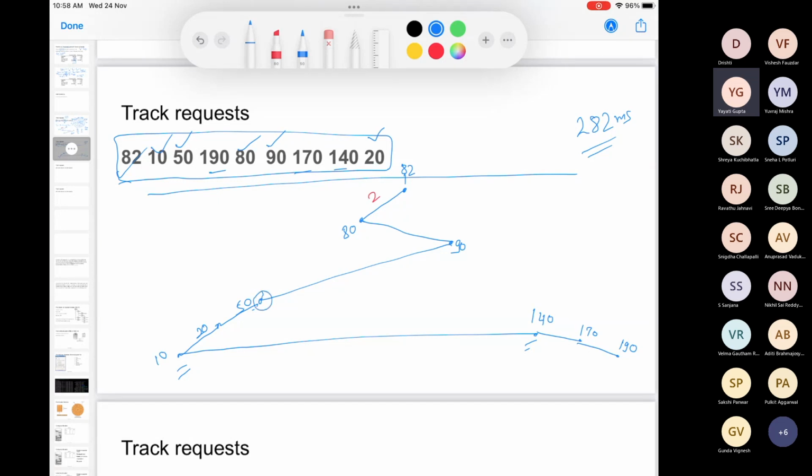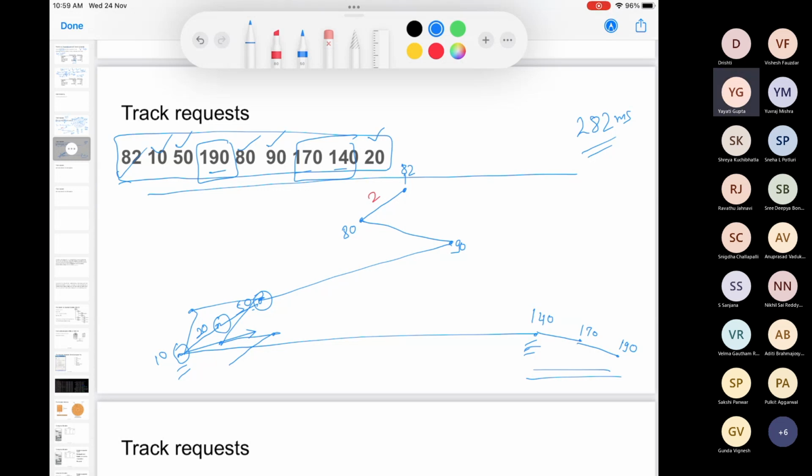So what will happen? So see, when you are serving for 50, 20 and 10 here, in this case, we made a jump to 140, right? But what if there were more and more requests coming here, right? So 50, 20, 10, you will be serving something here first. So see, when you serve till 10, this is what is pending, right? 140, 170 and 190. But assume that before you could serve these particular tracks, there came a request for, let's say track number 15, you will serve that. Track number 25, you will serve that. And then there are more requests coming in the same area, you are going to serve them. What will happen? Eventually, you will never end up in the other part of your platter.